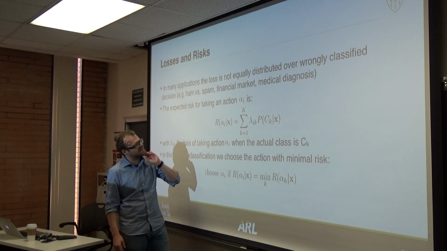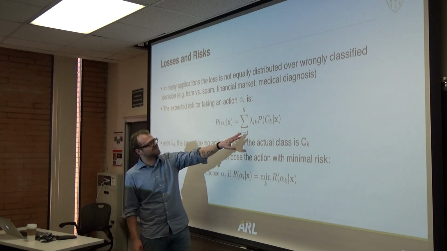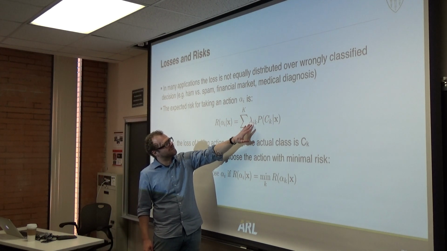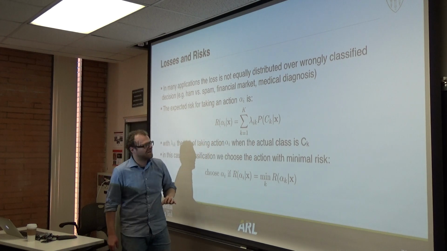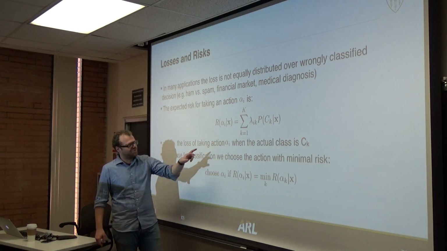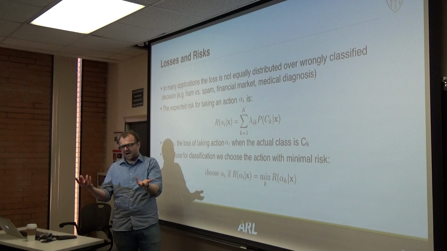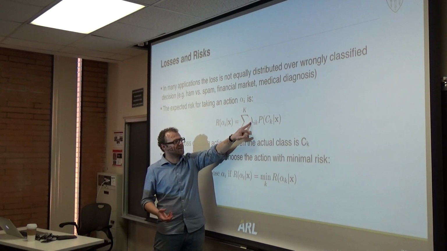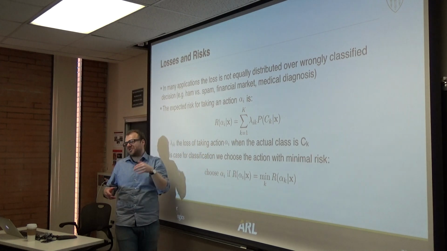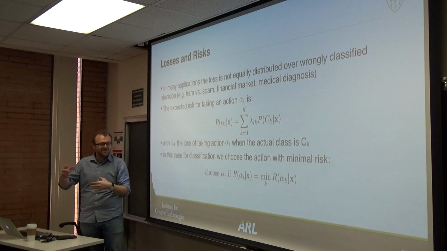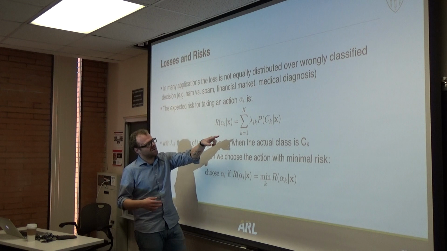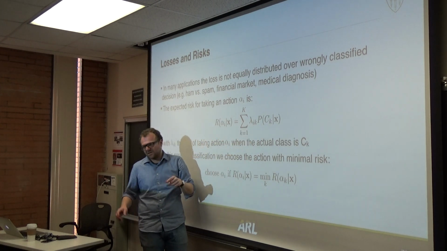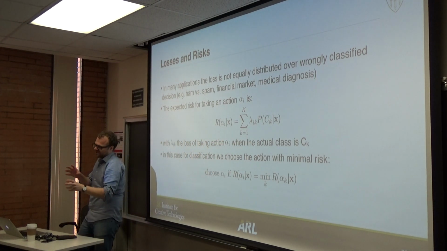The interesting part here is to be able to compute this risk, and as you can see here, we have this lambda ik parameter, which basically means that if we choose the class i, what is the loss, or the penalty, that we would get if it actually would have been class k, right? The special case, we're going to come to that in a second, is obviously a 0-1 loss, so you would always